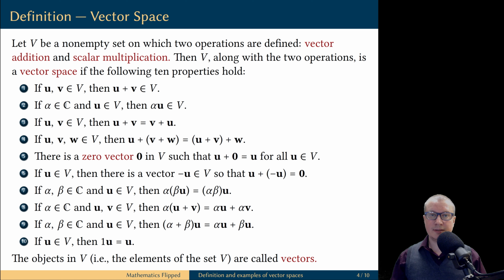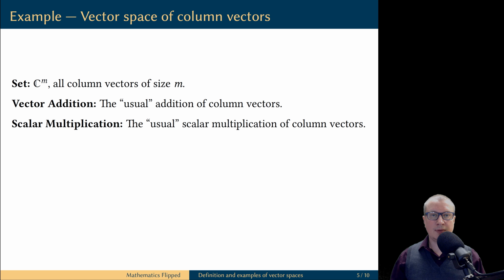The elements in the set V are called vectors if V with the given two operations forms the structure of the vector space. So if you ever wondered what is the definition of a vector, what a vector really is, then the rigorous mathematical definition is this: a vector is simply an element of a vector space. Now, let's discover some simple examples of vector spaces.